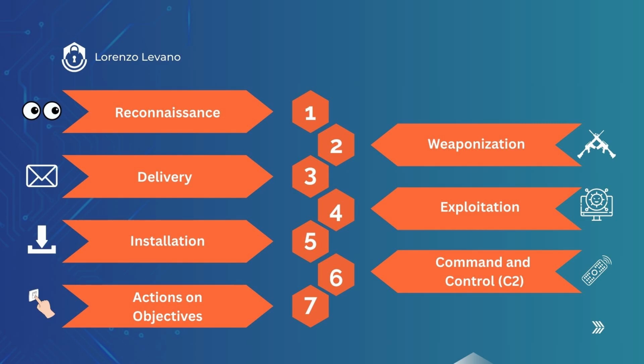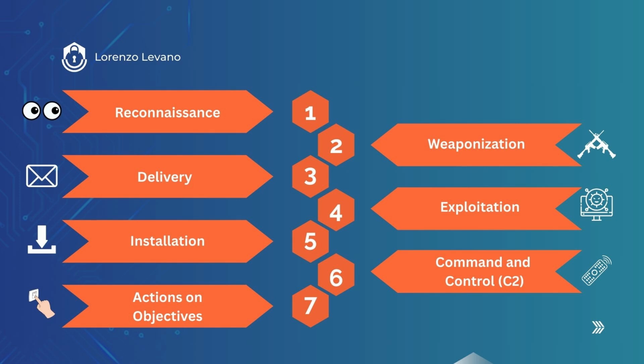Welcome back everyone. In this lesson we'll explore the Cyberkill chain, which is a framework developed by Lockheed Martin that breaks down the steps of a targeted cyber attack. Understanding this model helps us think like an attacker, and that's critical if you want to build an effective defense strategy. So, the Cyberkill chain is made up of 7 phases, and each one represents a key step in the